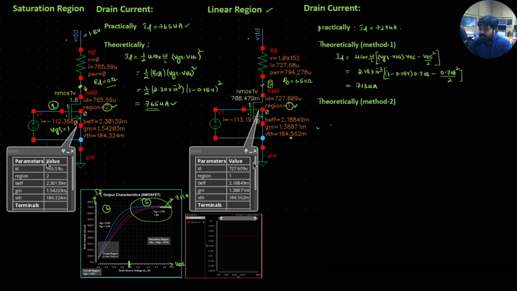If I do the exact calculations point to point, I can match the theoretical and practical current which is flowing. So this is the practical value and this is the theoretical value. This is the first method where I have done the calculation, and I can do the calculation with a second method also. So let me show the second method, where my equivalent circuit for the given circuit is